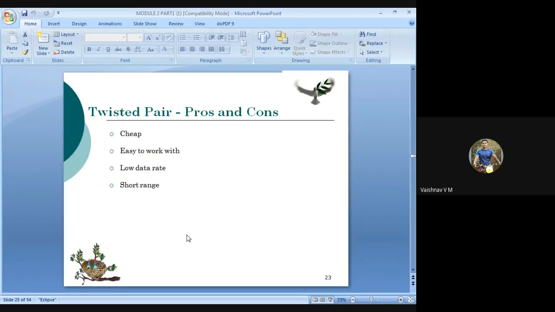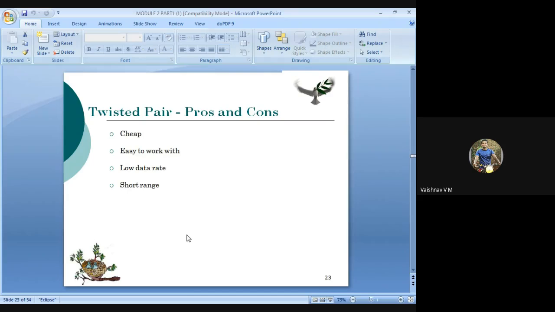Plastic insulation, and the conductors are made of copper, twisted together. Frame a sentence and tell. Twisted pair consists of two conductors, each with its own plastic insulation, twisted together.